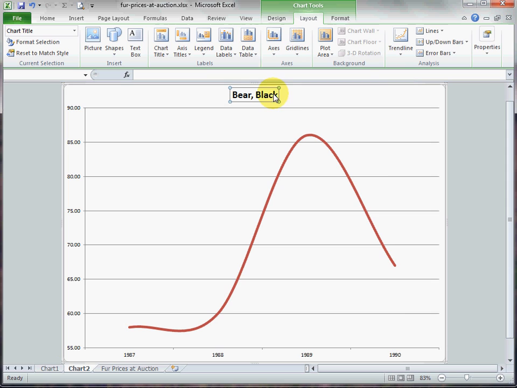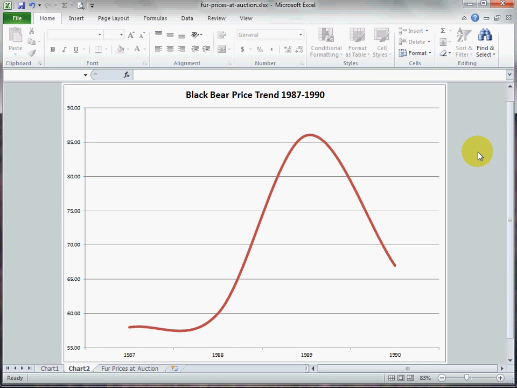And whoops, I right-clicked, I want to change my title for my chart because it should be called Black Bear Price Trend 1987 through 1990. And the dates, of course, are at the bottom, so it's kind of obvious what my dates would be. But there's number 2. That's our second chart of the exercise. Our last chart,